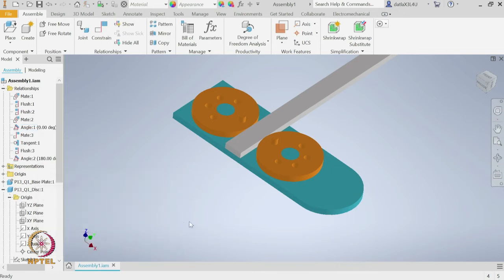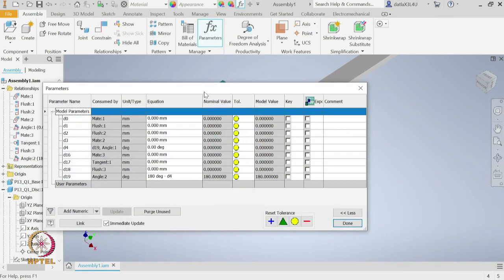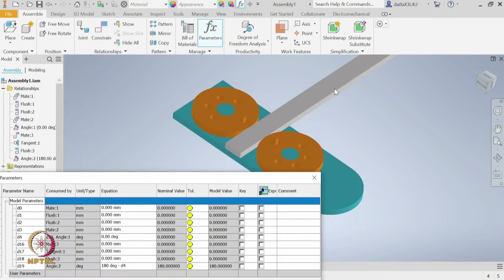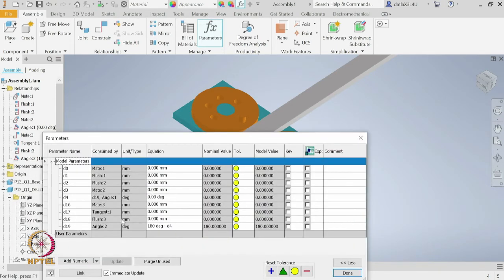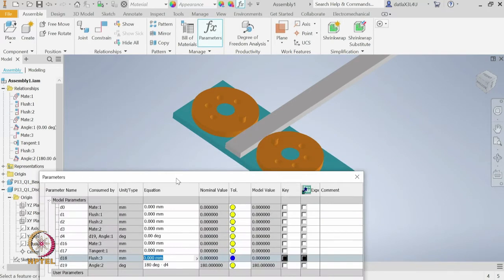And lastly, what we need to specify is how this bar moves when the disc 1 rotates. For that, again go to this parameters tool. For the bar, we have specified this movement through the flush command. So, the flush command is d18. Let us modify that equation. So, how do we modify? If we specify that the angle of rotation of the disc 1 is theta, the amount of translation of the bar will be r theta. The only difference is theta should be in radians.